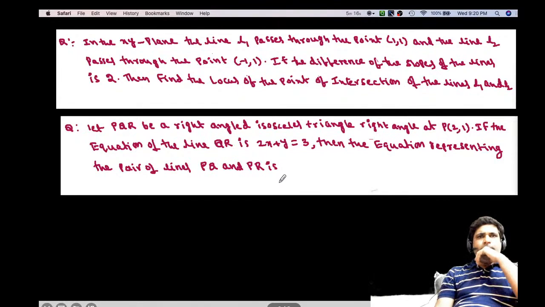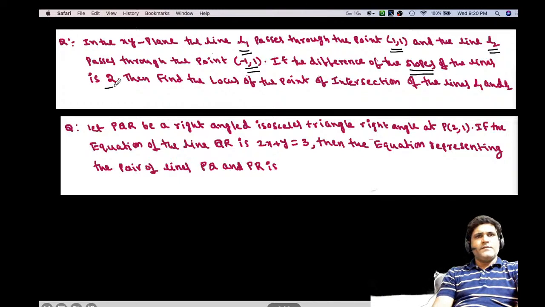In the xy plane, first question. The first question is: in the xy plane, the line L1 passes through the point (1, 1) and the line L2 passes through the point (-1, 1). If the difference of the slopes of the lines is 2,